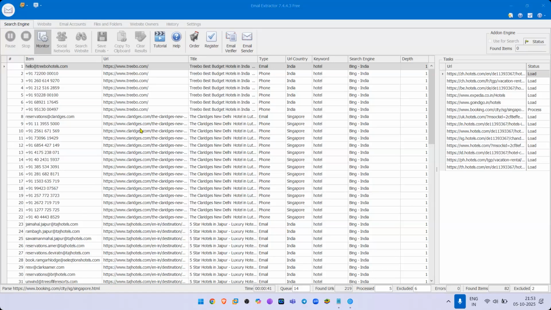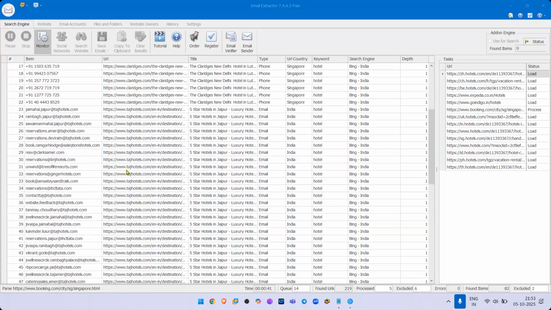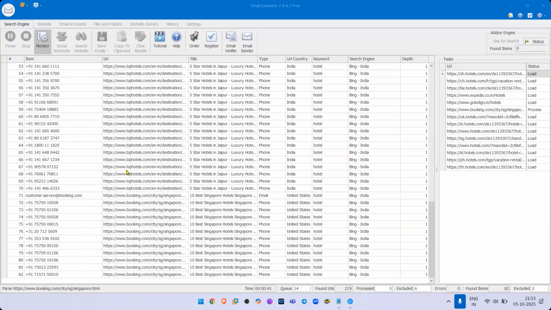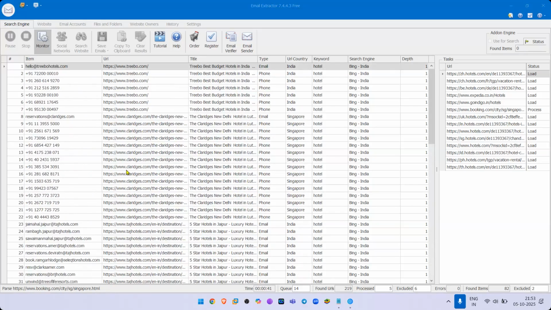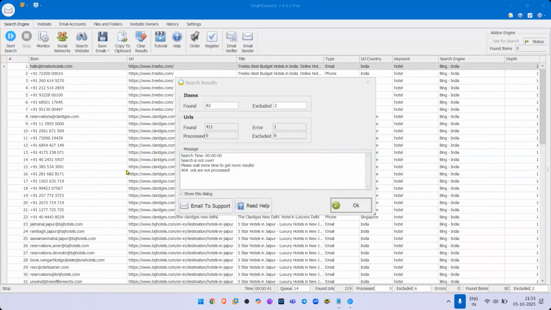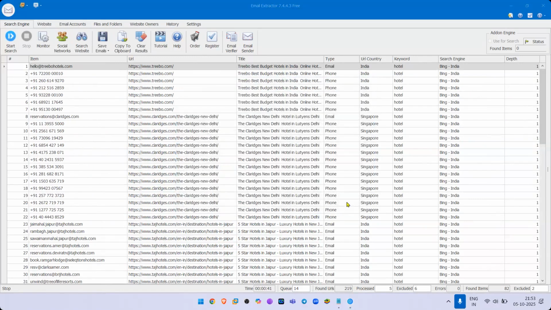And that's Claridges and Trivago and Goibibo and booking.com and MakeMyTrip and EaseMyTrip and so on. It will go on forever. So this is how emails are extracted from websites.